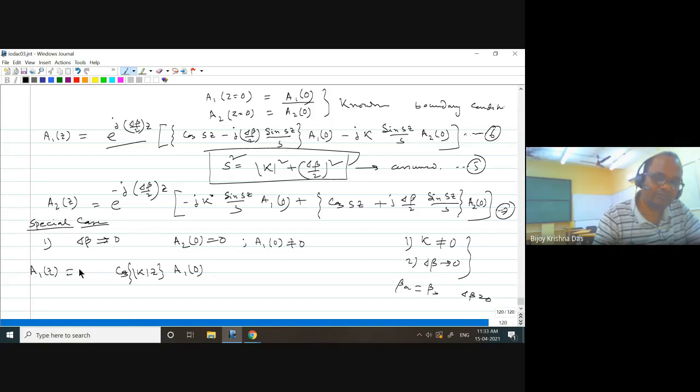And then the second term here, because A20 equals 0, if you put that, the second term won't be there. So A1z will be this one. And what about A2z? Let me know if it is difficult to understand. For A2z, what should I be writing? This exponential term again will be 1. And A20, this one will be 0, because I am imposing A20, nothing is there. So what should be the first term?